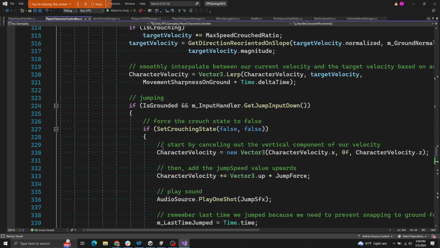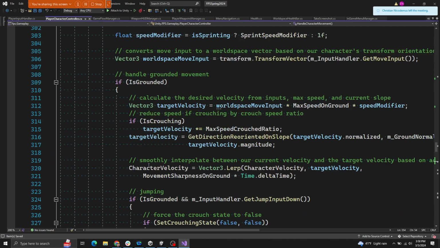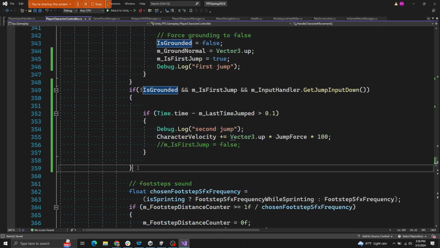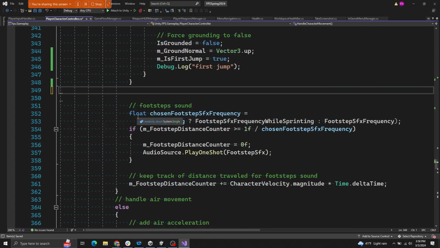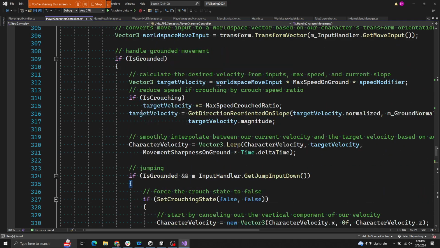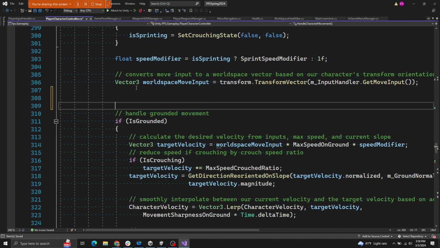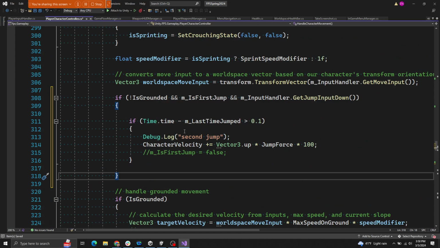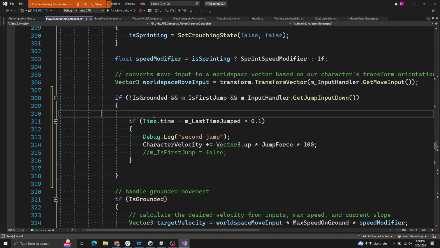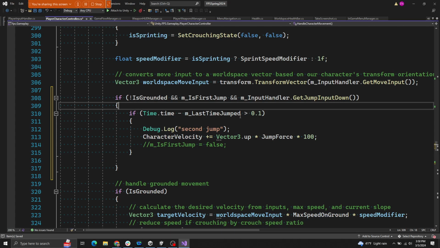But I'm not going, because if, what am I in? Oh, because of here. So if grounded, I can't, I gotta pull this out. I'm in a bad area. It's gotta go here. It could be before or after because this is going to happen in another update loop. So, okay. If you're not grounded and you're jumping, and the user's requested to jump, and it's just been 1/10 of a second since we first jumped,